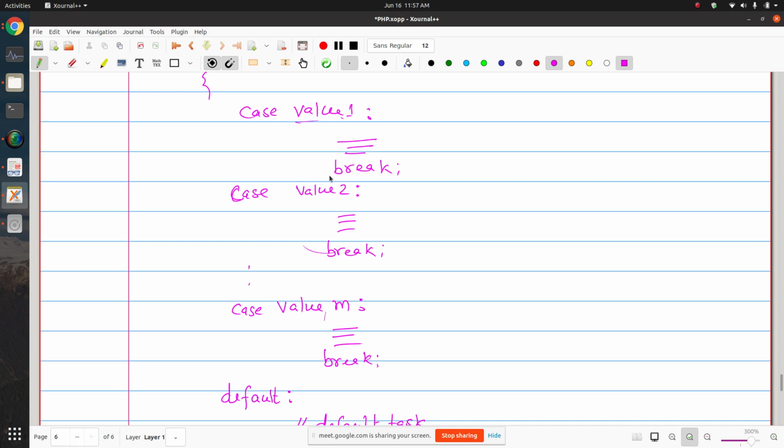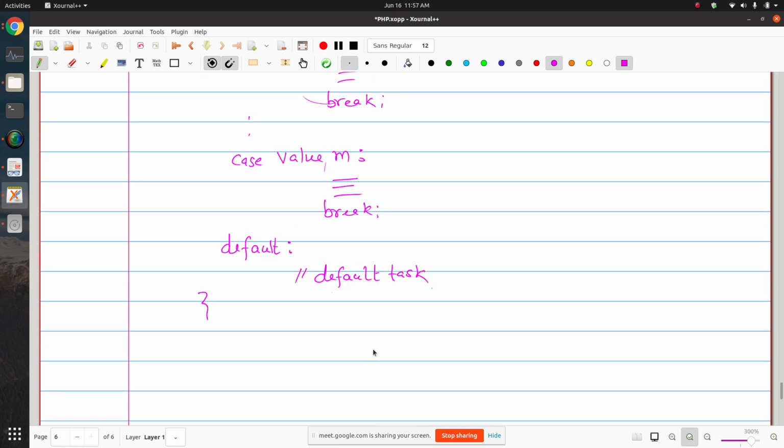For example, suppose you forgot this break statement, and suppose case 2 matches, then both the cases will be executed. And अगर आपने यहाँ भी break नहीं लगाया तो value this one and third will be matched and so on. ठीक है. सो इसमें आपको केयरफुली रखना है कि अगर आप चाहते हैं कि केवल एक ही केस एग्जीक्यूट हो तो हर एक केस पे आपको ब्रेक स्टेटमेंट प्रोवाइड करना पड़ेगा, और डिफ़ॉल्ट में आखिर में ब्रेक की ज़रूरत नहीं होती है.